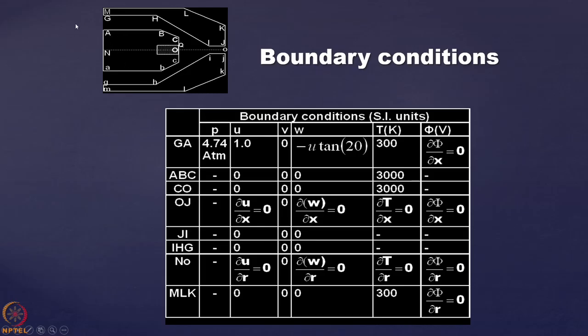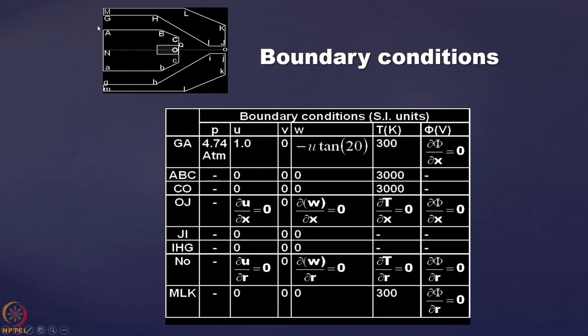Or if we are using a compressor to inject, say, air, that compressor is delivering the air at such a high pressure, 4.74 atmosphere. Similarly, for U, V and W: U is the axial velocity, V is the radial velocity, and W is your tangential velocity, that rotational velocity. When I give a W value along with U, I am injecting the gas with a swirl motion.